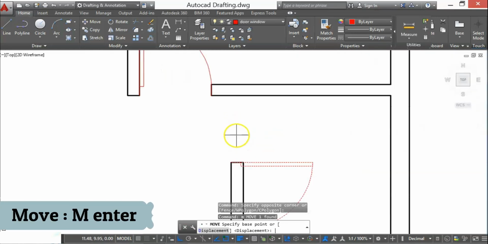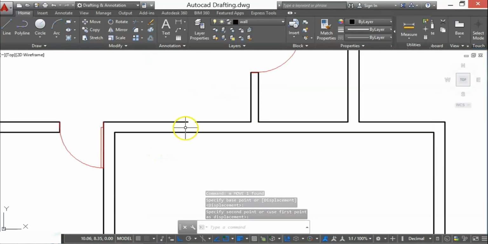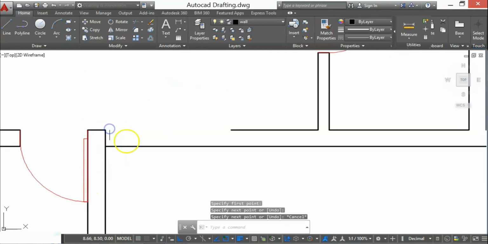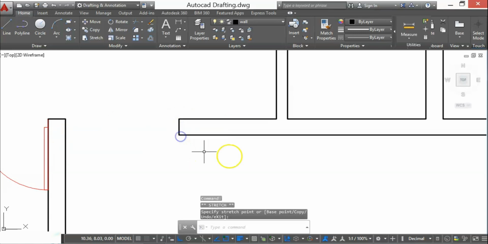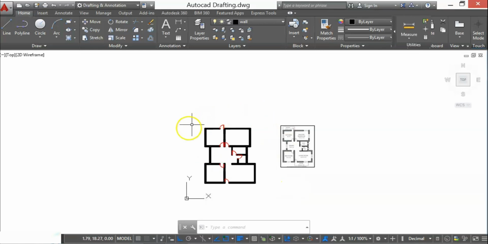And now I'll move this door to the wall. So now our doors are ready. In the next video we'll see how to add windows to a plan.